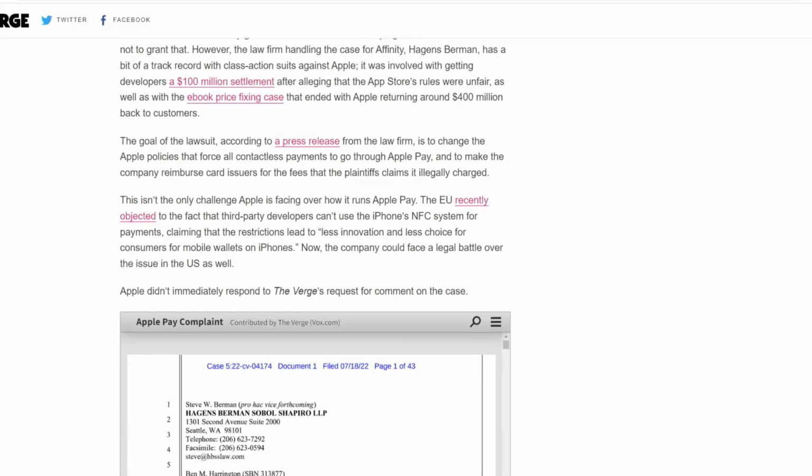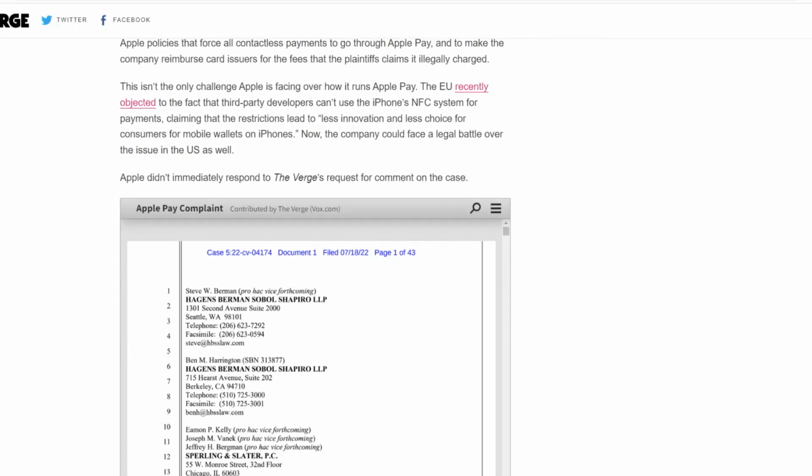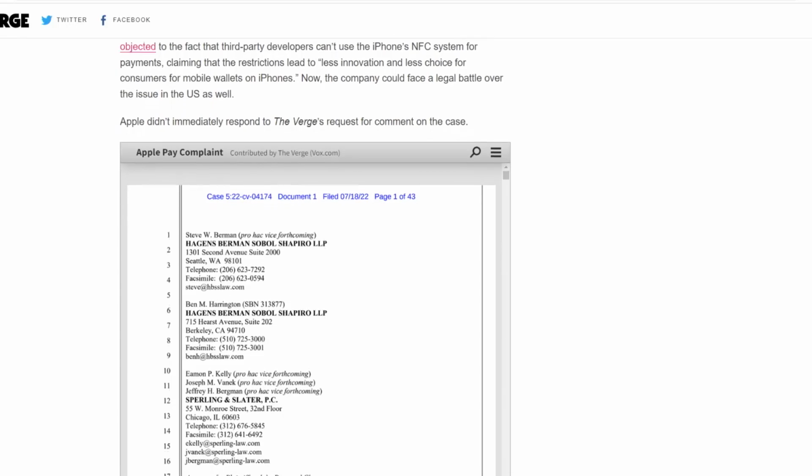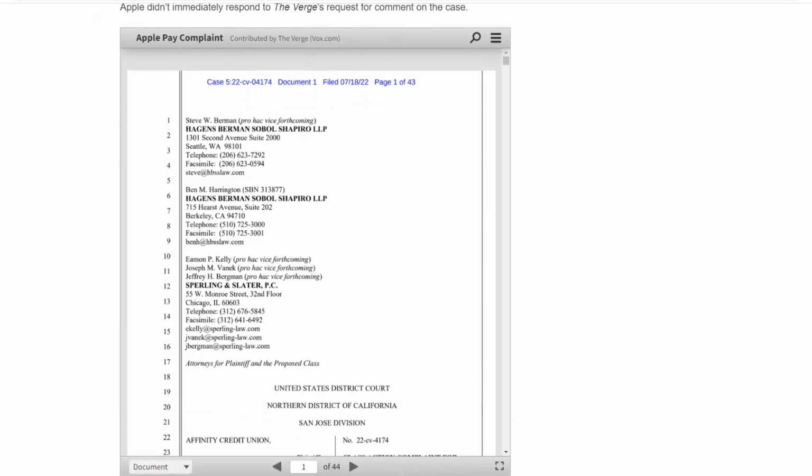But the lawyers at the root of this are actually the lawyers that have in the past won cases against Apple regarding antitrust concerns, and I think other class actions. So that part of it is kind of interesting, that these lawyers have a history of winning against Apple. And it'll be interesting to see how that plays out. But the idea, I guess, is that,